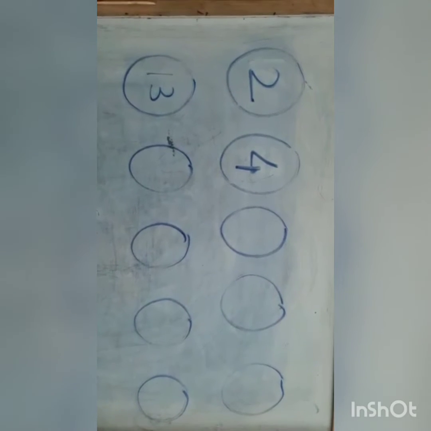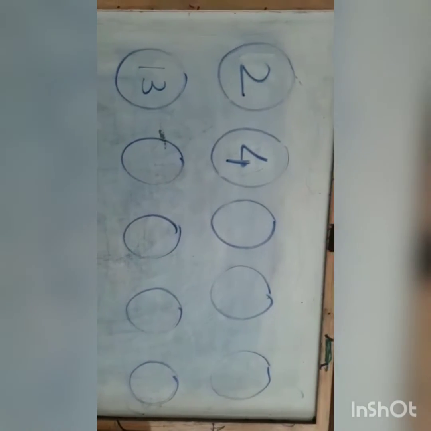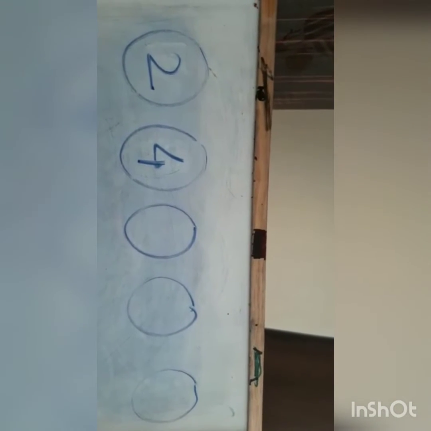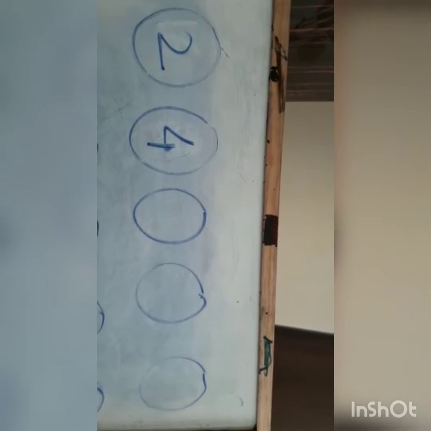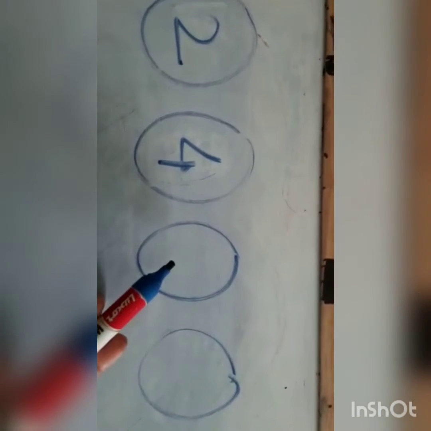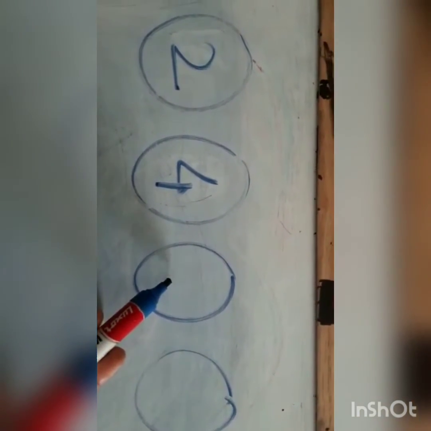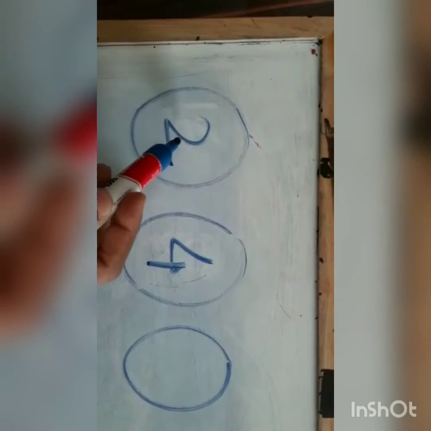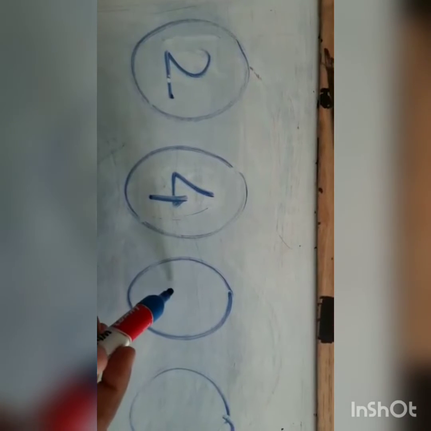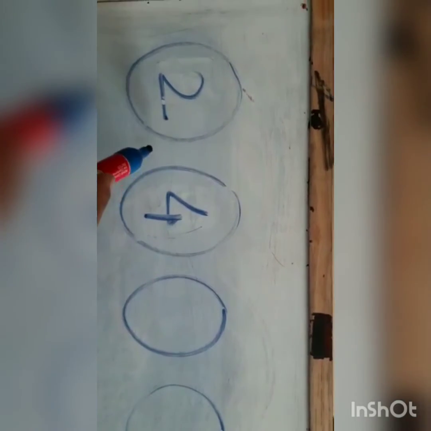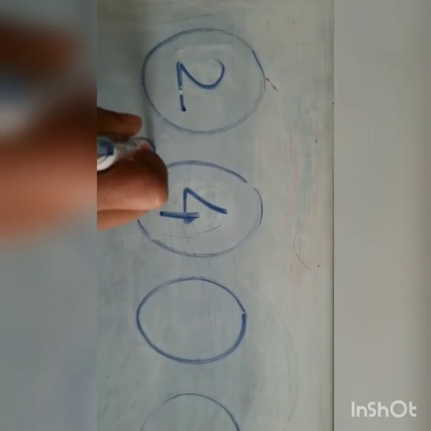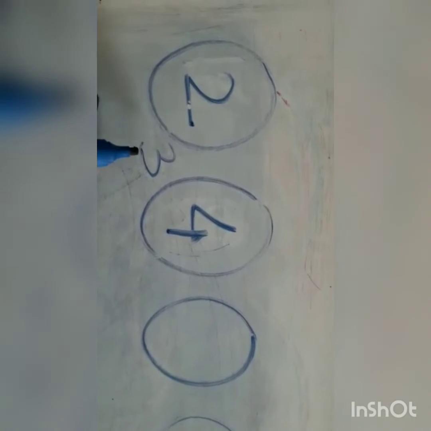Okay? If you see here, you will see the circles and in some circles numbers are written. Okay? So you have to write the series according to that, means you have to skip each circle, you have to write each number by skipping 2. Now here is 2. After 2 what did I write? 4. So what will be the next? Will it be 5 or will it be 6? See, 2, 4. In between that there is a 3, which I did not write here.